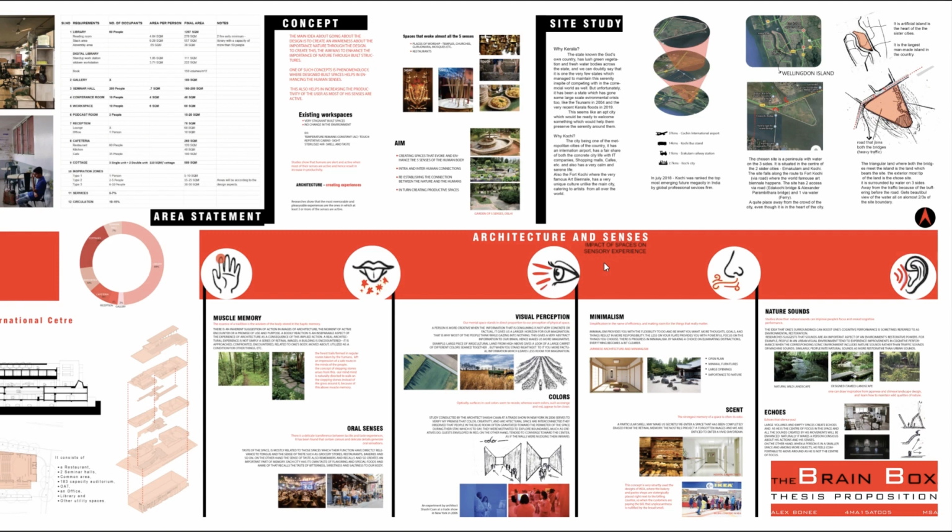human body, intra and inter-human connections, re-establishing the connection between nature and humans, in turn creating productive spaces. Like how nature sounds and echoes influence our behavior in a space, and muscle memory creates an intuition of how a space can be used, like forest trails evolved into stepping stones, like how scent and taste can create memories. IKEA uses this concept and strategically places their bakery and pastry shops right next to the billing counter, and how visual perception and colors can impact the whole functioning of a space. For example, how cool colors tend to make people move towards a wall and warmer colors move them towards the